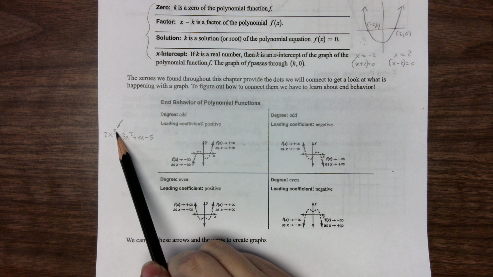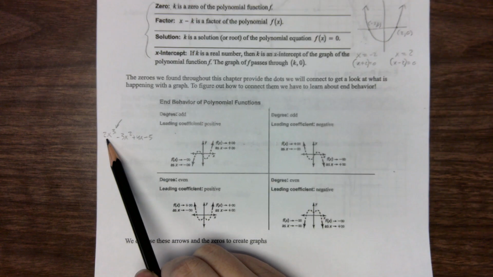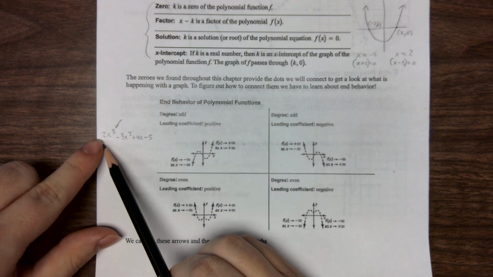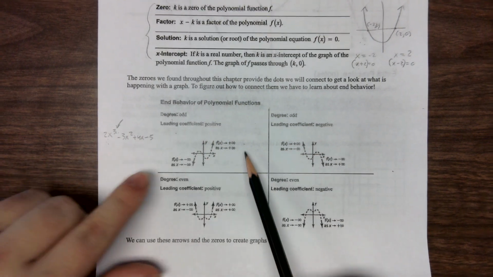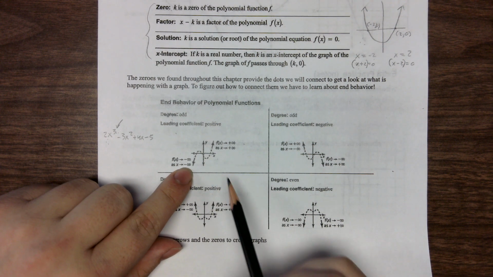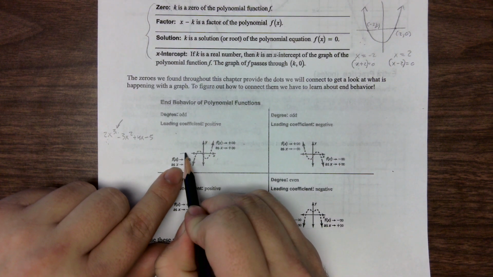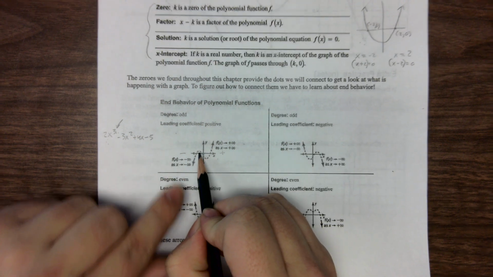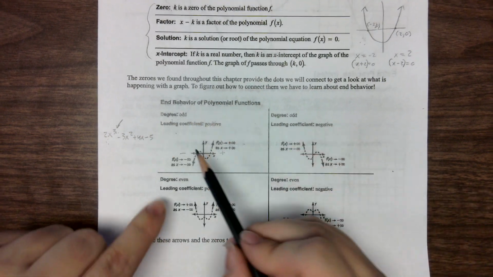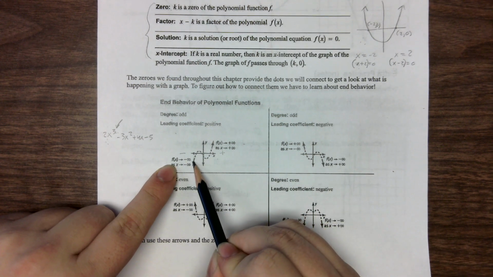So in this instance, I have an odd degree with a positive coefficient, at +2. When I have a positive coefficient and an odd degree, my end behaviors are going to respond like this. As our x approaches negative infinity, this is our negative x, this is the positive x, so as we go infinitely in the negative direction for our x value, our y value, f of x, which is the same thing as y, is going to go down towards